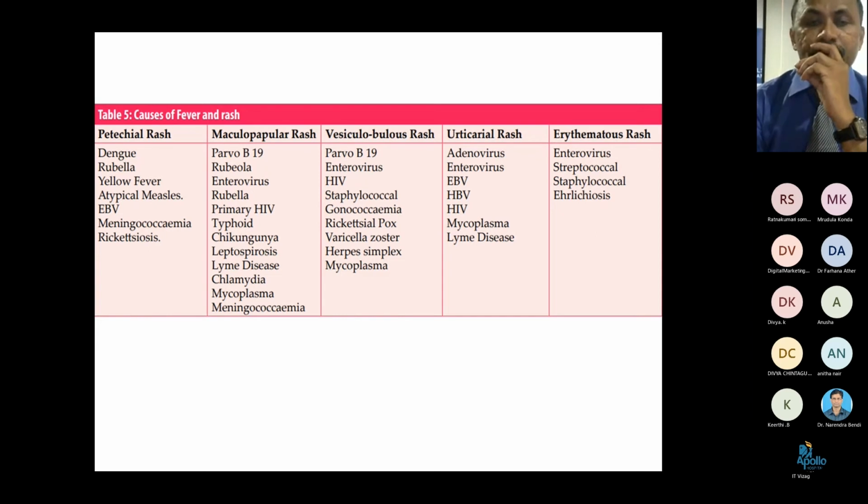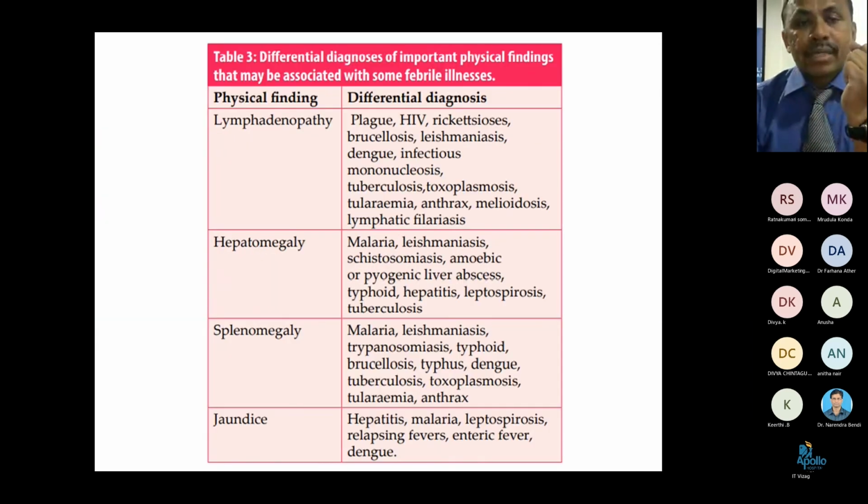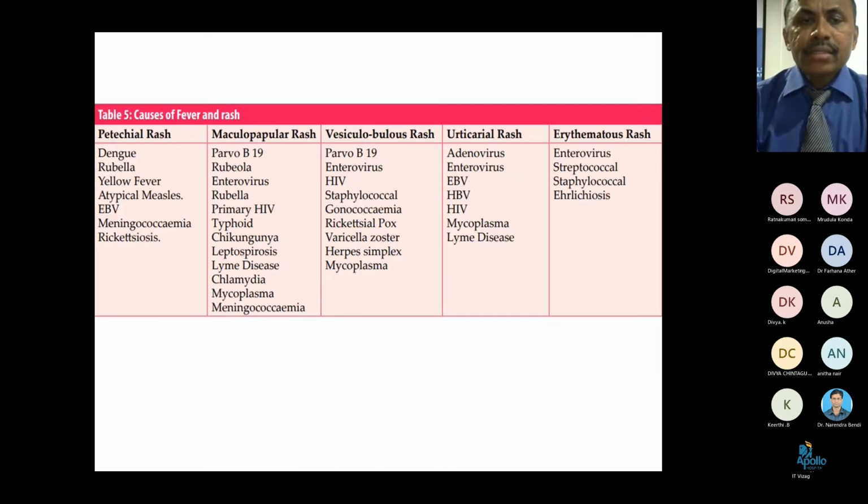And then you look at the other physical findings like lymphadenopathy, hepatomegaly, splenomegaly, and jaundice, and other physical features. And based on the combination of various parts of the history and the physical examination findings, you cut short your list of differentials and narrow it down, and then send for diagnostic workup. And then